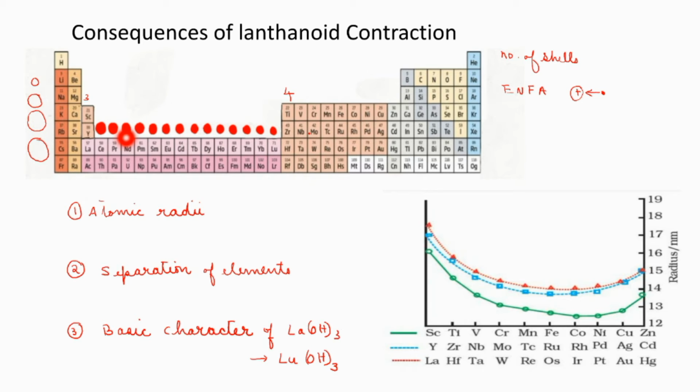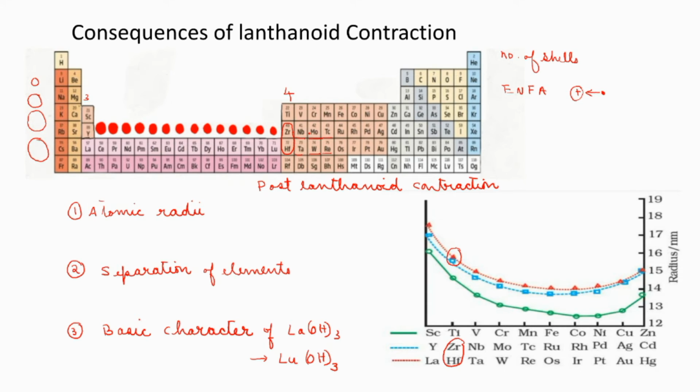The effect of lanthanoid contraction, due to poor shielding of the f orbital, won't stop at lutetium, but the effect extends to a few more elements in the same period, right? This effect is known as post lanthanoid contraction. So due to that, what will happen? Zirconium and hafnium will have almost the same atomic radii. See this one. Similarly, niobium and tantalum, molybdenum and tungsten, technetium and rhenium will have almost the same atomic radii.